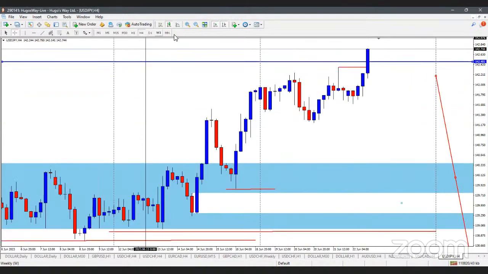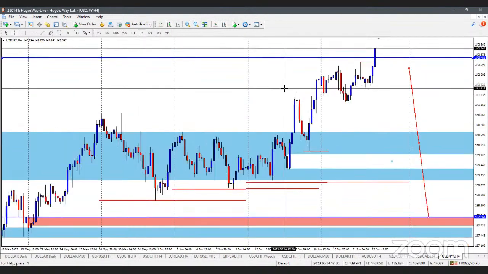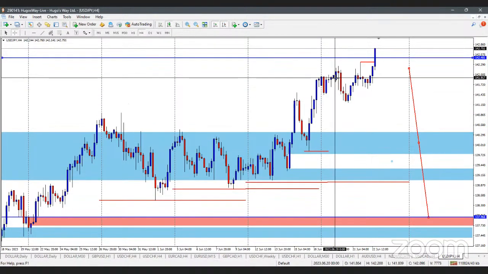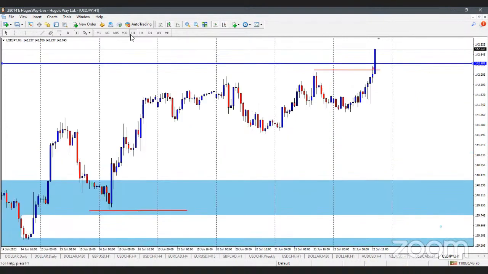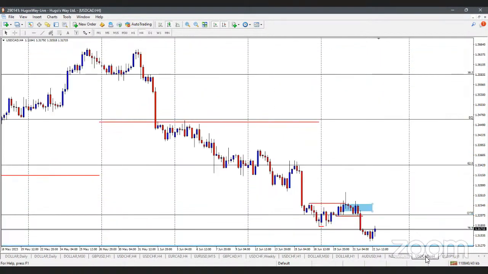Now that is a far way to go, because considering where last week's high is over here, the price would have to do an 81 pip reversal before Friday ends for it to still be considered a weekly reversal. All right, but so far the USD/JPY is just pushing up for a long.